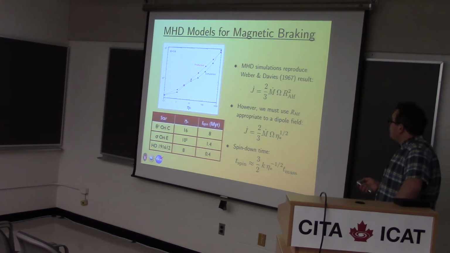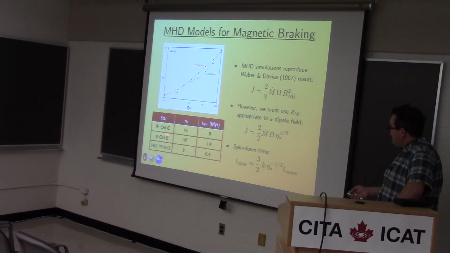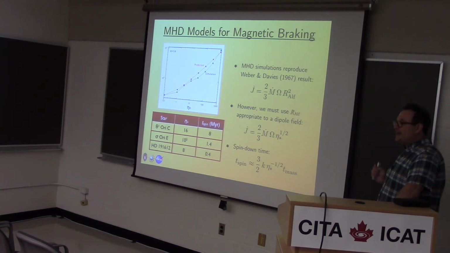So we can calculate the rate of angular momentum loss, and we find that it follows a simple scaling law that depends on the magnetic confinement parameter. If we plug in the confinement parameter for sigma ReE, which is of the order of 10 to the 5, we find a braking time scale of 1.4 million years. That's very close to the measured time scale of 1.3 million years. In fact, so close that it looks almost like we fudged it. We didn't fudge it; the fact that they're so close is more blind luck. I'm just happy that they're within the same order of magnitude. But it's just the icing on the cake that they're in fact that close.